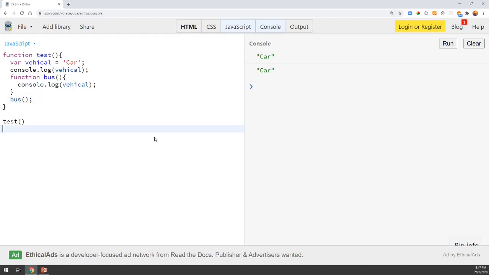So what happens in this lexical scope when JavaScript runs is that first it will check for a local variable vehicle inside bus. If it does not find it, it will go to the outer function. And now it finds a vehicle in test, and it will lexically access it inside the inner function as well.